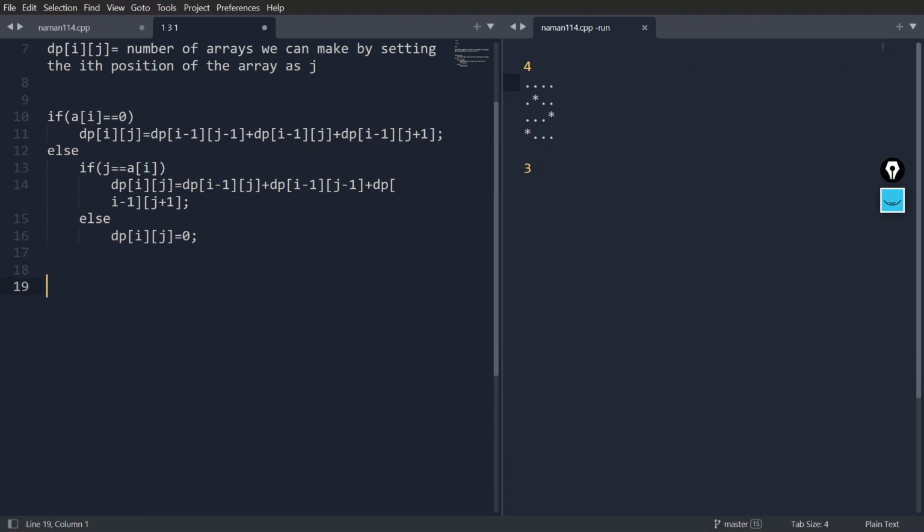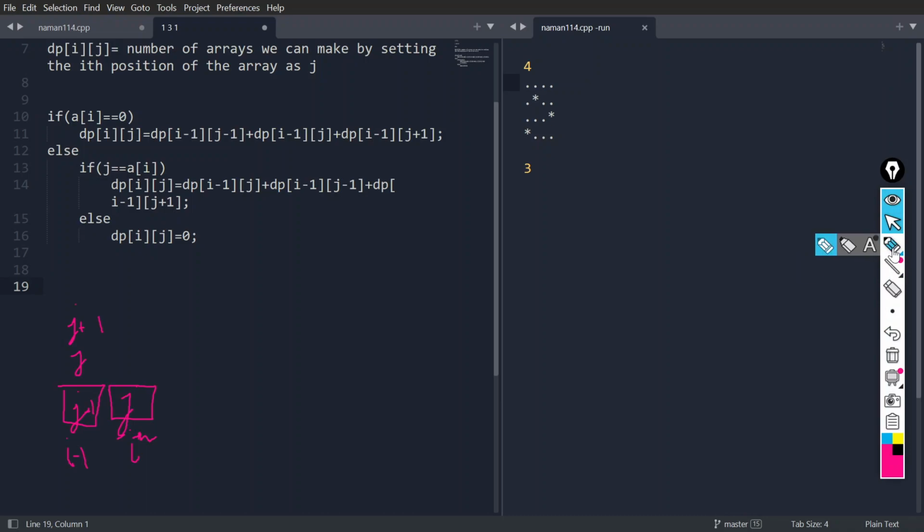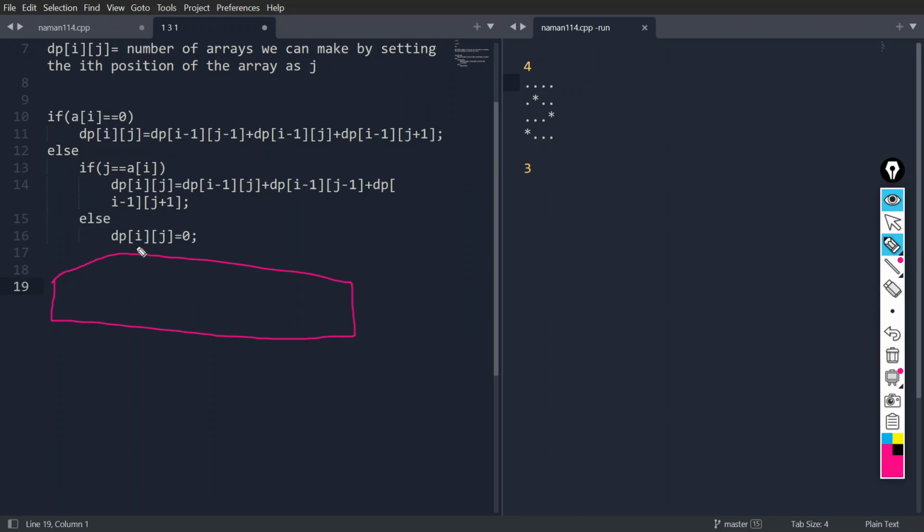So what would my initial DP table look like? Should it all be zeros, or should it be something else? We know that we should not consider further positions like 1, 2. We should just initialize our first row, because dp[i-1] will not be valid in this first row. It would be valid in all other rows, right? So we don't need to think about other rows. We just need to think about the first.